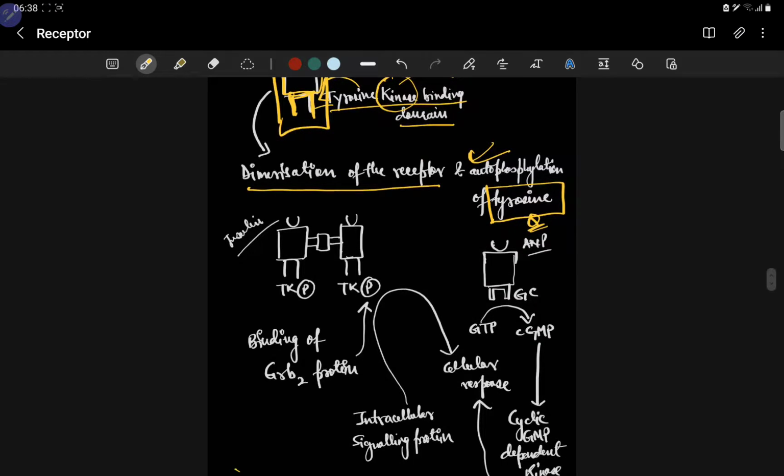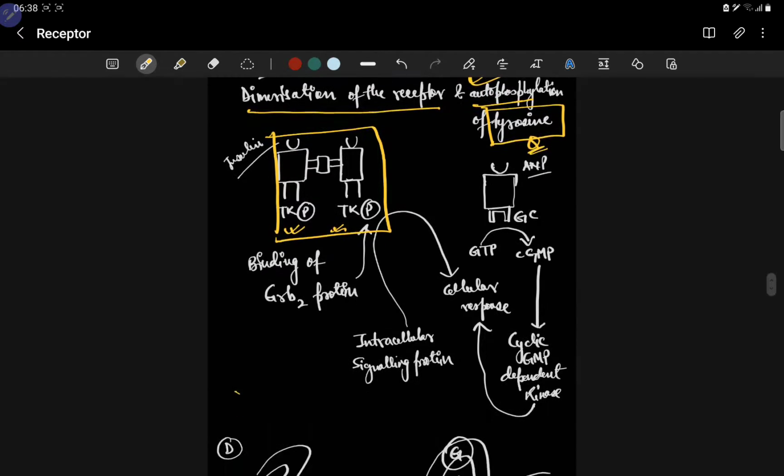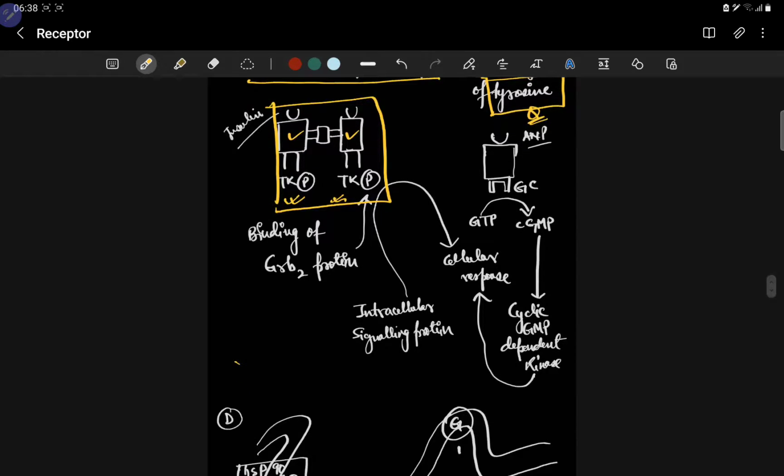उससे क्या होता है, you see this kind of image is formed. What is this? This is tyrosine kinase phosphorylated. So there is autophosphorylation, okay, and there are two subunits which are joined together, right? Now there is a protein called GRB2. It binds to the tyrosine kinase phosphorylated form,